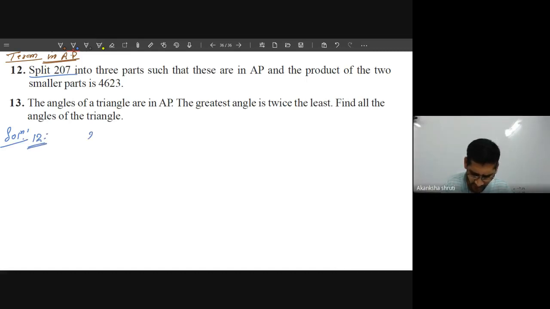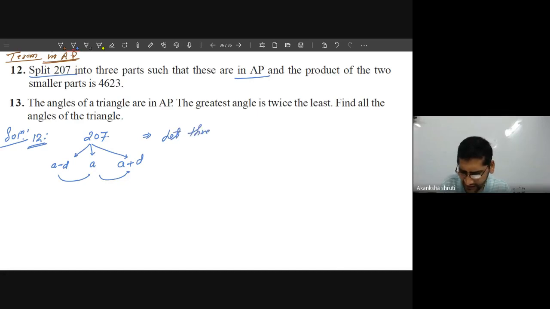So this 207 has to be split into 3 parts which are in AP. So how shall I take? I shall take one part as A minus D, the other part as A, and the third part as A plus D, so that their common difference is always D. Okay, so write,